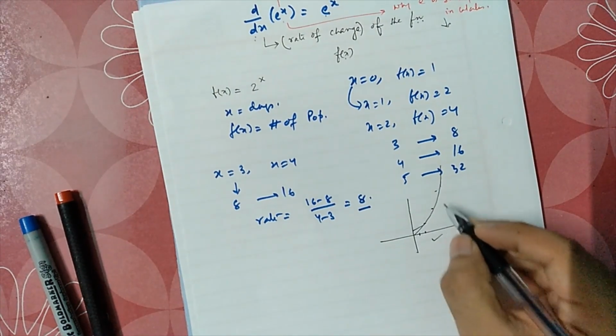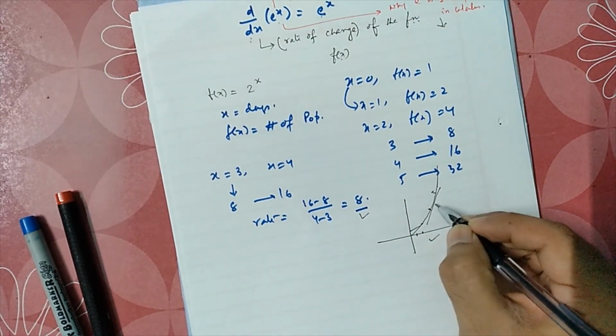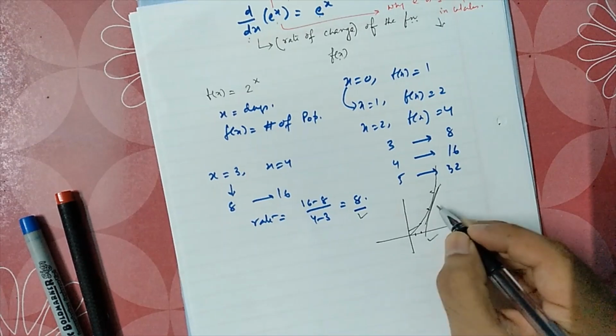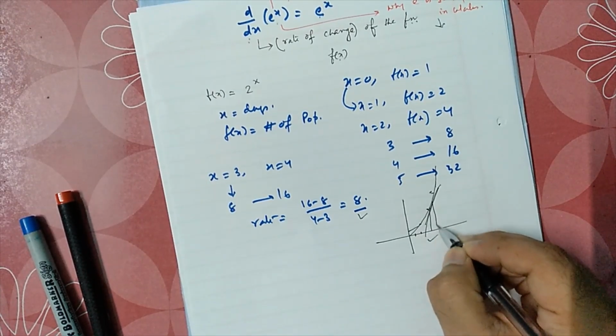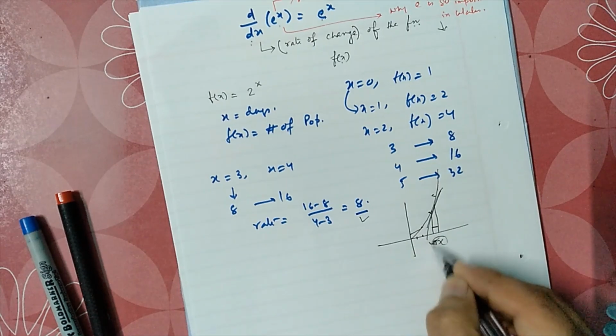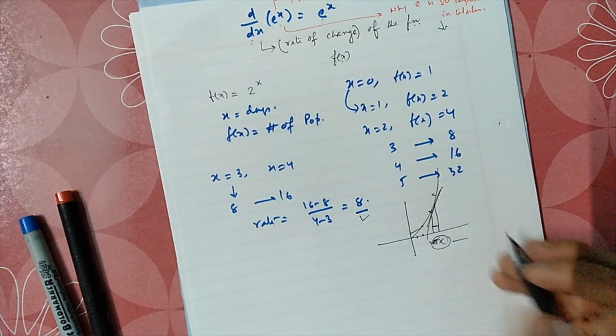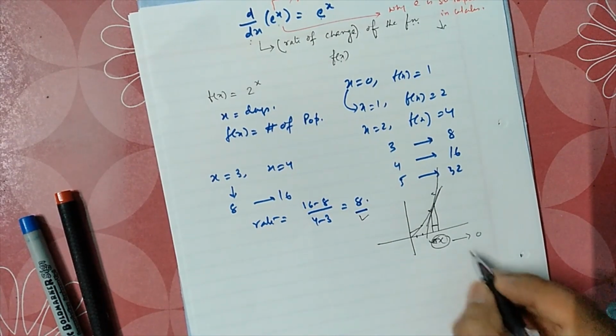Then from 3 to 4 it changes by 8. But if we draw the slope, that means if we divide by the change in x, del x, so small that it tends to 0,